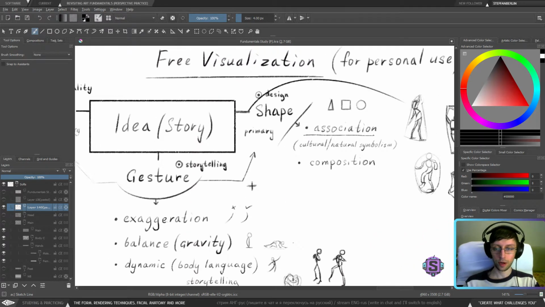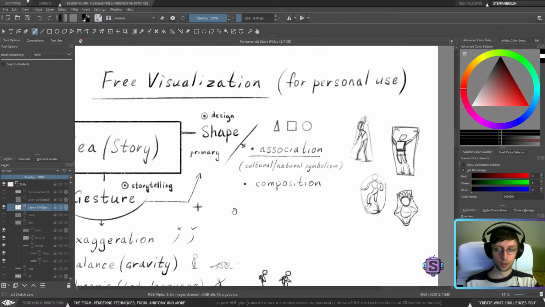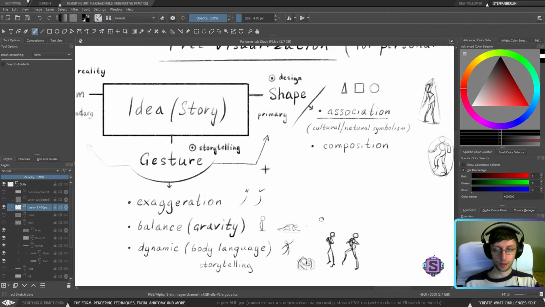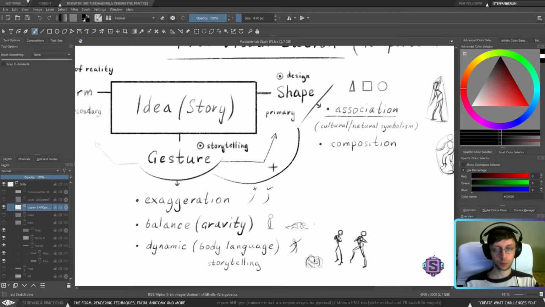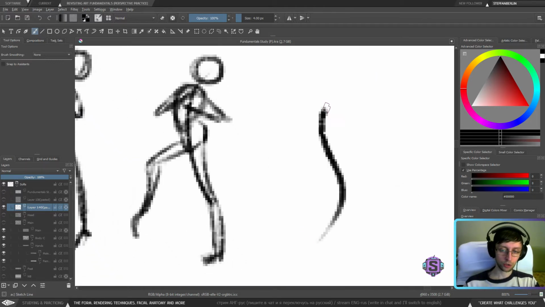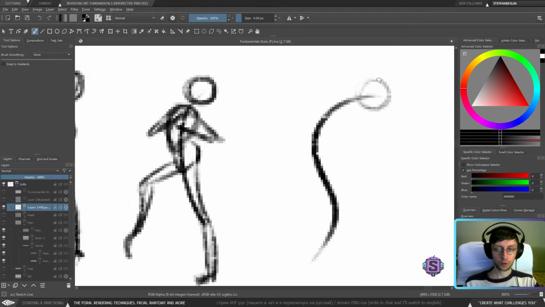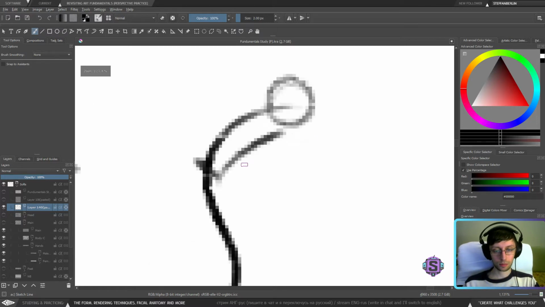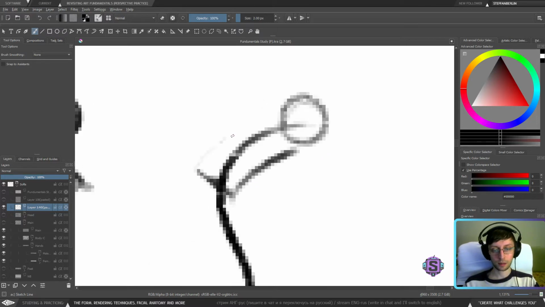I don't know. I truly don't know how exactly to implement this one. It definitely makes things a little bit more complex than I would want. But I believe what will help us solve this problem with shape is the gesture. Whatever the gesture tells us to move, we're going to create shapes that will support this gesture. So for instance, if we want to create this type of dynamic, we could support this dynamic